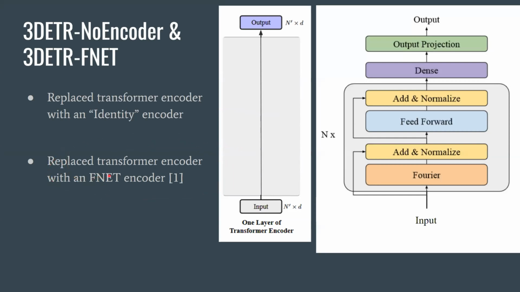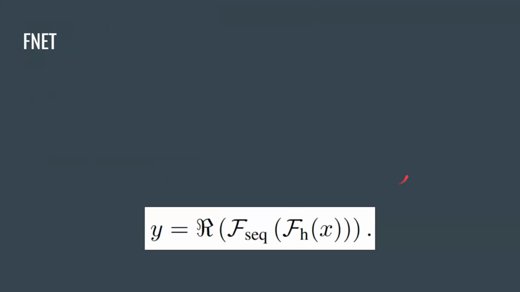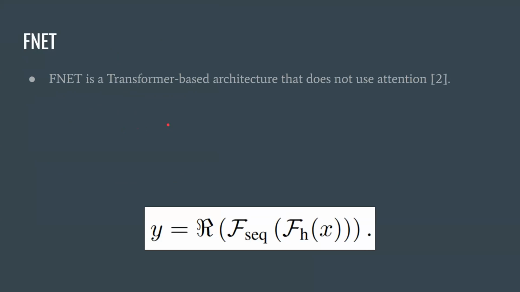Then we also have the FNet version of this process where it's very similar to the transformer encoder with a couple minor modifications around where adding a normalization takes place and the number of times. And then the multi-head attention is replaced with this Fourier transform. And something important to note with the Fourier transform is it must be done an even number of times or else it will adversely affect performance. And so we had to stray from the default configuration of 3DETR, which was 3 encoders, for the FNet model, and use 4 encoders.